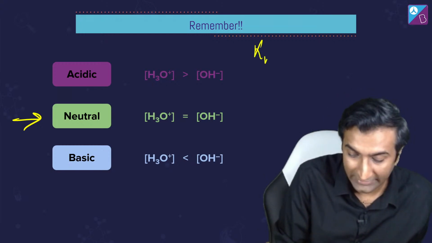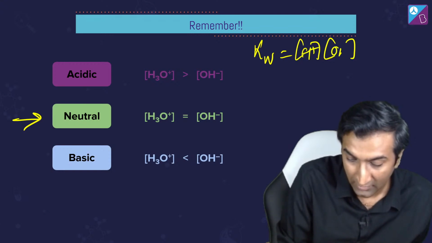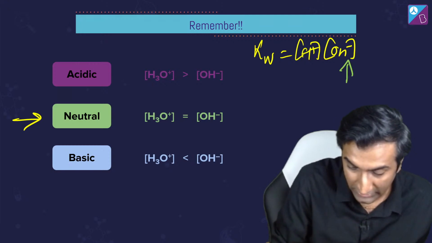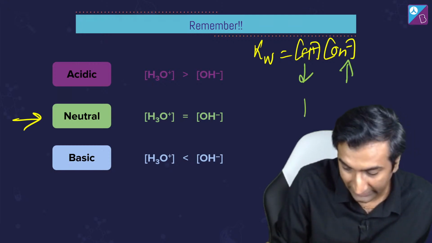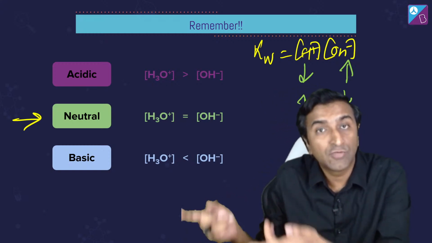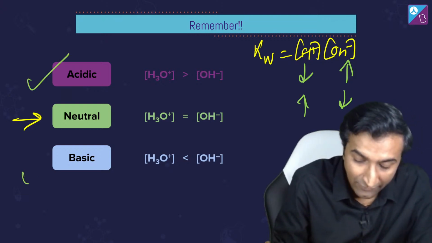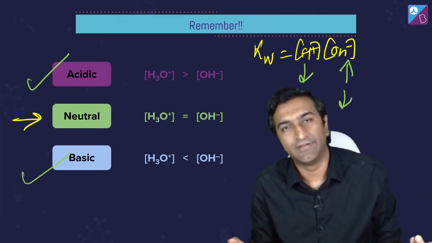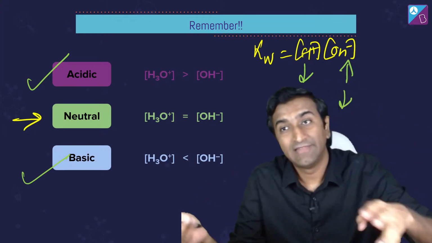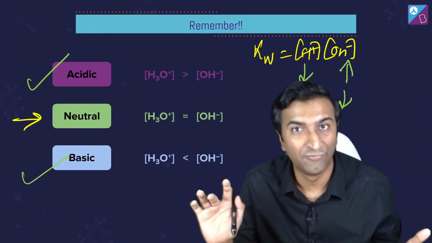I have just told you that Kw is equal to this guy into this guy, H plus into OH minus. तो अगर एक बढ़ा, let's say कि ये बढ़ा तो ये कम हो जाएगा, and the other way around, अगर ये बढ़ा तो ये कम हो जाएगा. Okay, that's important. So अगर H plus is more than OH minus, then you say it is acidic. If it is less, then it is basic. That's it. तो ये acid and base are two sides of the same coin. That coin being very, very corrosive, by the way. But yeah, nature is beautiful, isn't it?